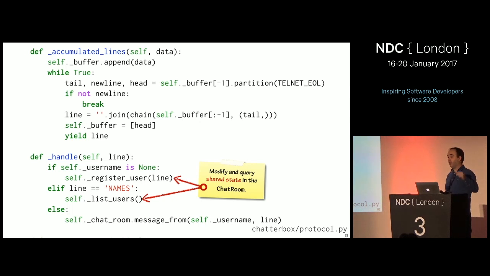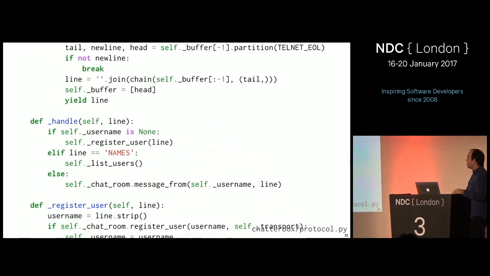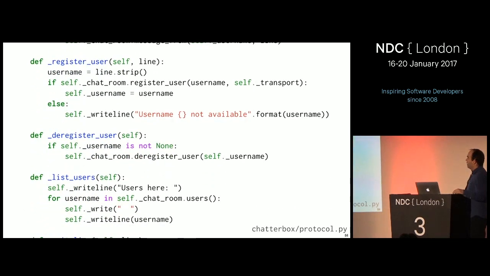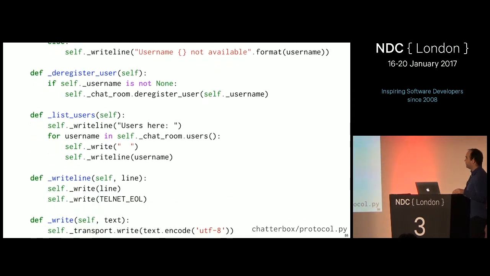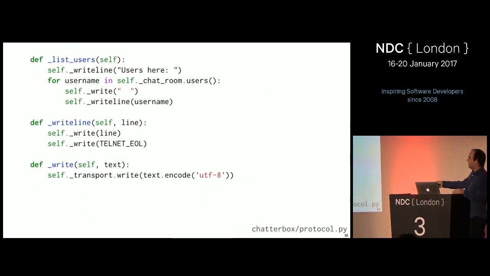What you can't do is have an await in the middle of something where you have essentially kind of transactional behavior, which either must complete completely or not at all. So there we go. Register user, deregister user. There's a command to list users, and then we just write text to the transports to get things to show up. So that is that, and I'm just going to finish by